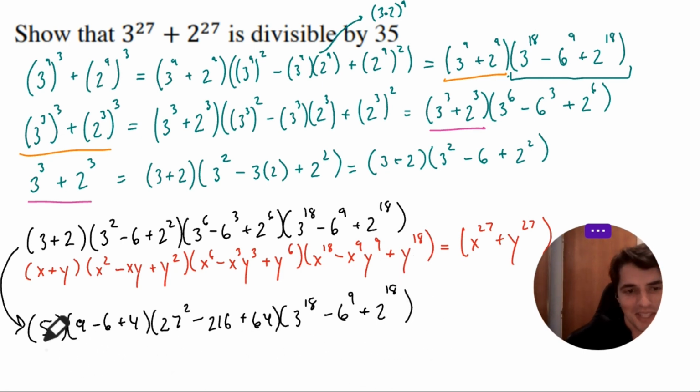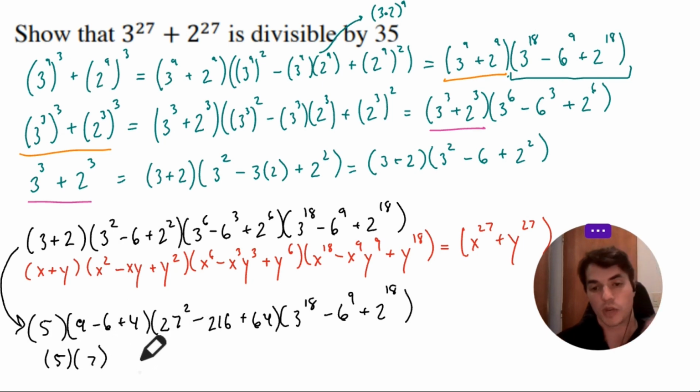So we do a little bit of work here. We have 5. 9 minus 6 is 3 plus 4 is 7. So great. There we are. We know that 5 is a factor. We know that 7 is a factor, so that means 35 would be a factor. We also know that whatever this is,